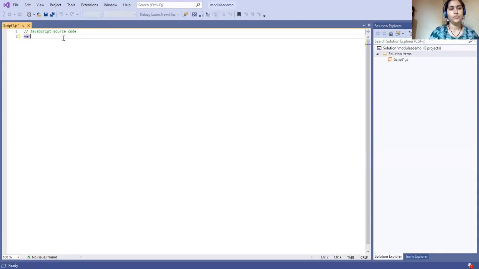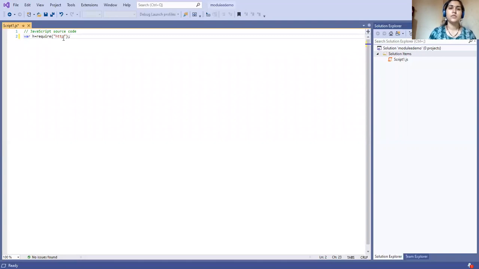So how to do so? I just write var, then a variable name, h suppose, equal to require, and require is nothing but the import command. Same as in Java, where you import stdio.in, whatever it will be. Suppose I have to import any package or module into my program. The require is one function, so for that you have to write HTTP. So here is the core module that is already existing and I'm just using it by giving the link with the require function.